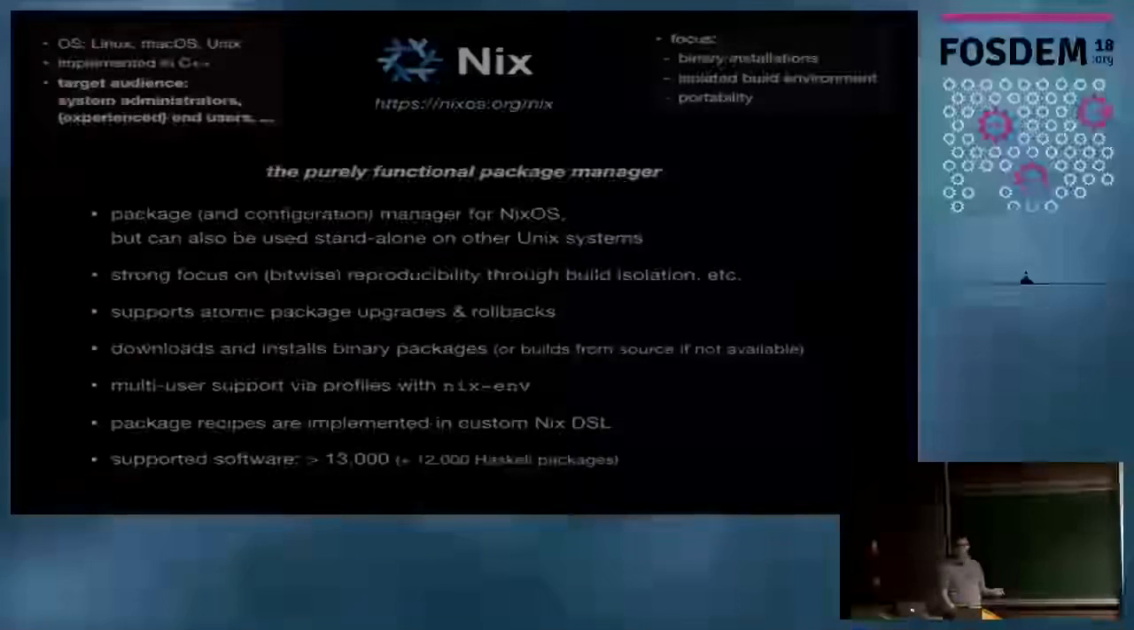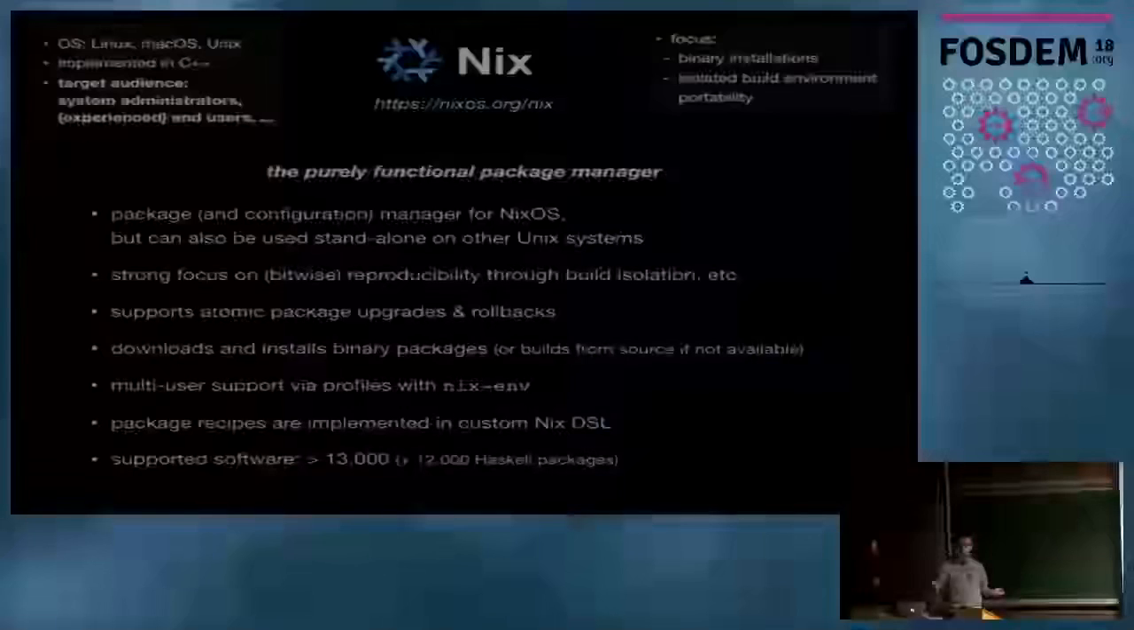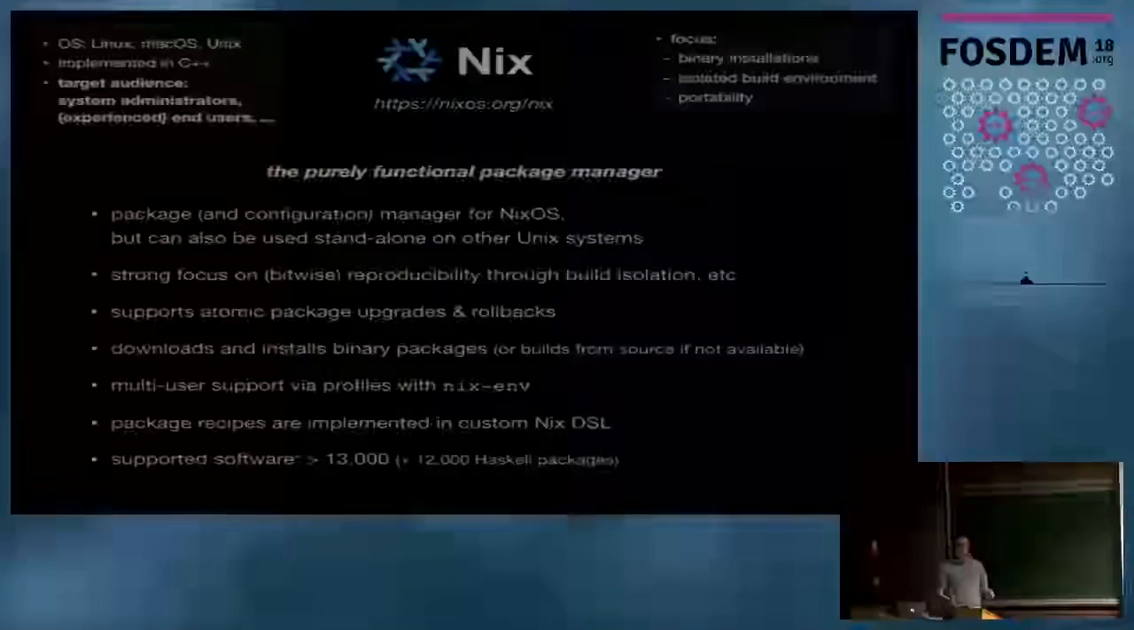Very strong focus on reproducibility of compilations, even down to bitwise reproducibility, so getting the exact same binary on two different systems through Nix if you just ask it to do the same installation. And they do pretty crazy stuff like resetting timestamps to try and get to this bitwise reproducibility. So they're very focused on this. It supports atomic upgrades of packages and rollbacks. By default, it also downloads binary packages, and if it can't find binary packages, it will build from source. With conda, it will only install binaries, while Nix will build from source if it has to. It has multi-user support